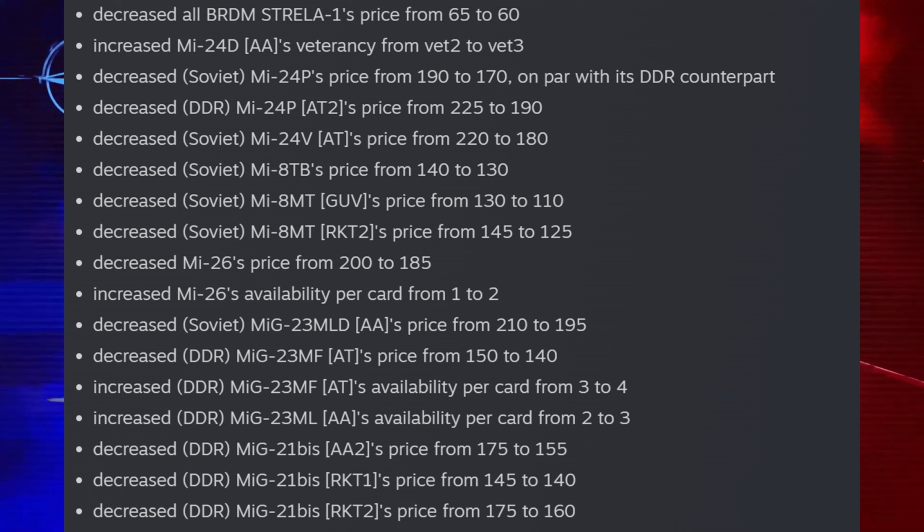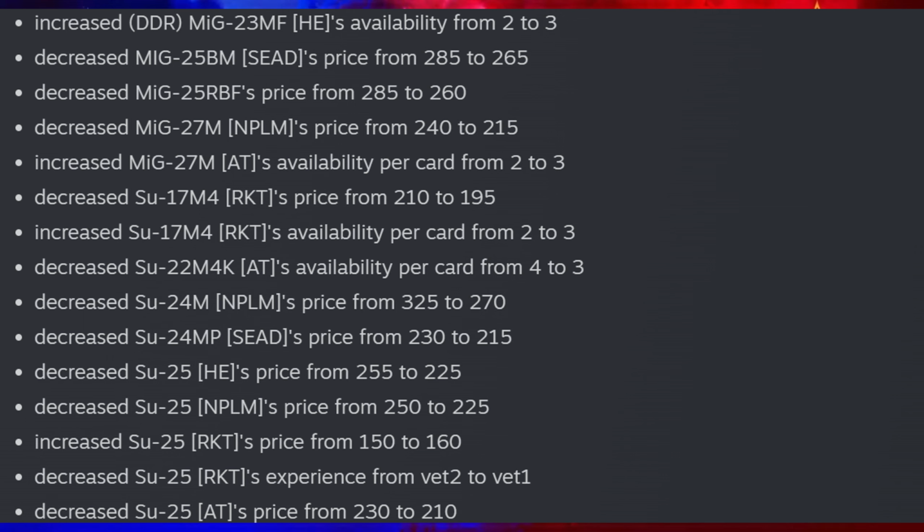decreased the DDR MiG-23 MF-AT's price from 150 to 140, increased the DDR MiG-23 MF-AT's availability from 3 to 4, increased the DDR MiG-23 MLAA availability per card from 2 to 3, decreased the DDR MiG-21 BIS AA2's price from 175 to 155, decreased the DDR MiG-21 Rocket 1 price from 145 to 140, decreased the DDR MiG-21 Rocket 2's price from 175 to 160, increased the DDR MiG-23 MFHA's availability from 2 to 3,